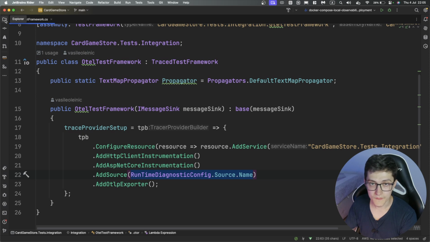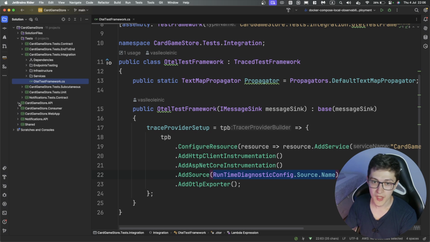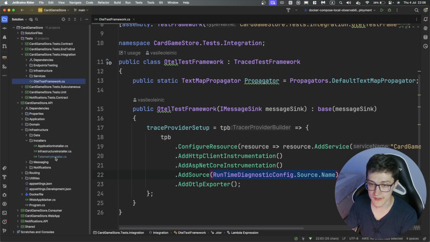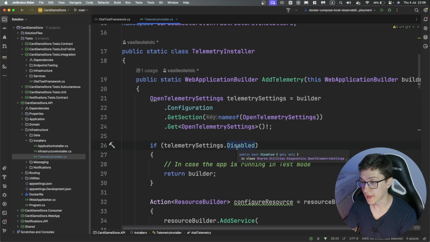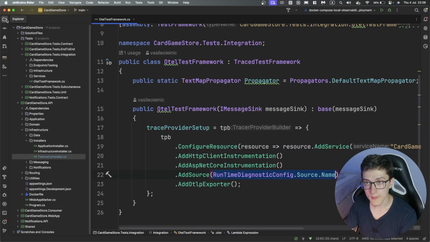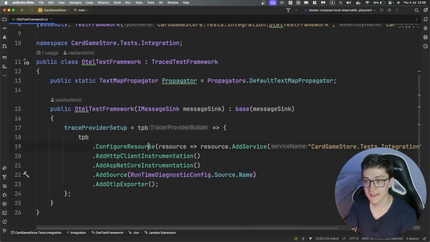Now, to our problem with multiple instances of our web API sending telemetry data at the same time, if we go back to our card game store API in the installer itself, you remember this disabled field over here. This is essentially my way of circumventing that issue, because in the test in the web application factory, I'm going to set up an environment variable that will translate to this configuration part and tell that, hey, this instance of the web API does not need to run telemetry data from within the telemetry installer, but rather make use of the OTEL test framework and get telemetry data from this specific resource over here,